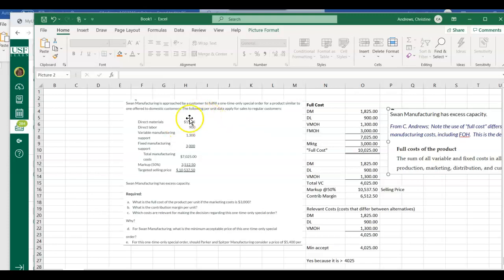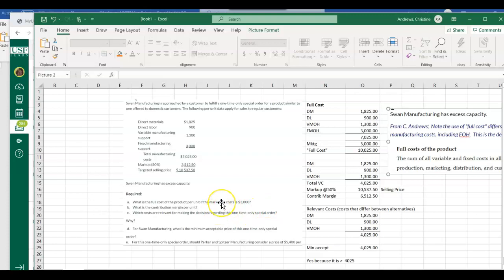And they gave us the per unit data. I had to look at that twice. But we've got direct materials, direct labor, variable overhead, and then the fixed support. So there's their total manufacturing costs. And then the markup is 50% of the total costs. So the targeted selling price is 10,537.50. So the first question here is, what is the full cost of the product per unit if marketing is